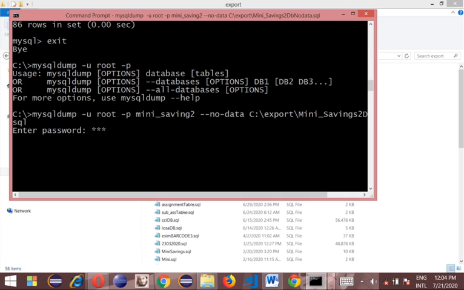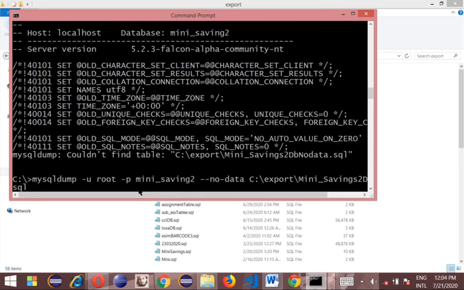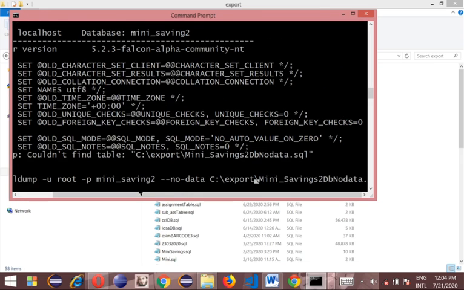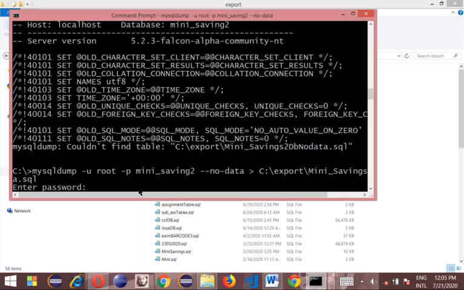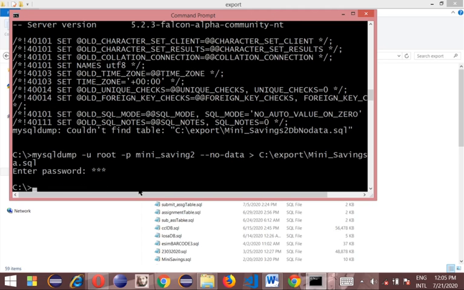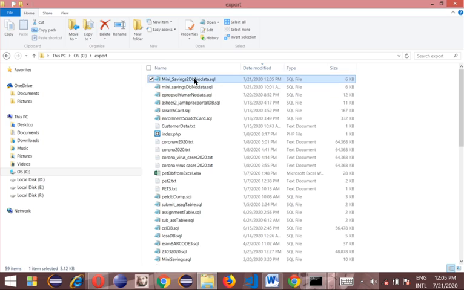It enables me to enter password to this database. Sorry, I did not add. This is it. There has to be this. This greater sign means what? Exporting, and less than sign means importing. So I supplied it. This is the correct. It has done it. So let's check, this is our location, please. It has already done it. So we have it here. So that means we're going to locate this.